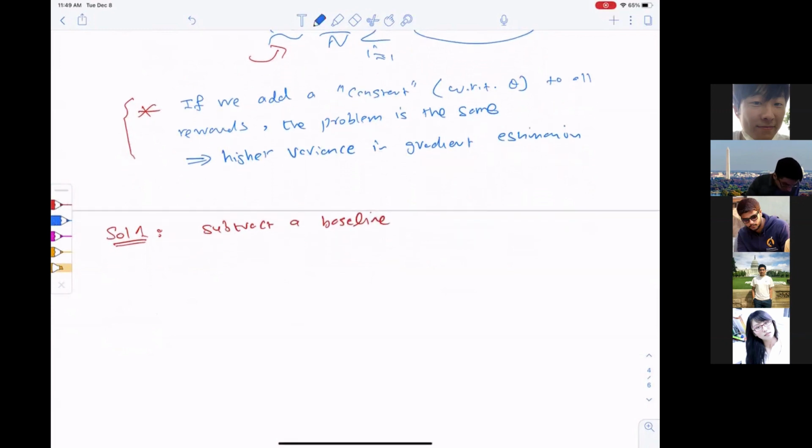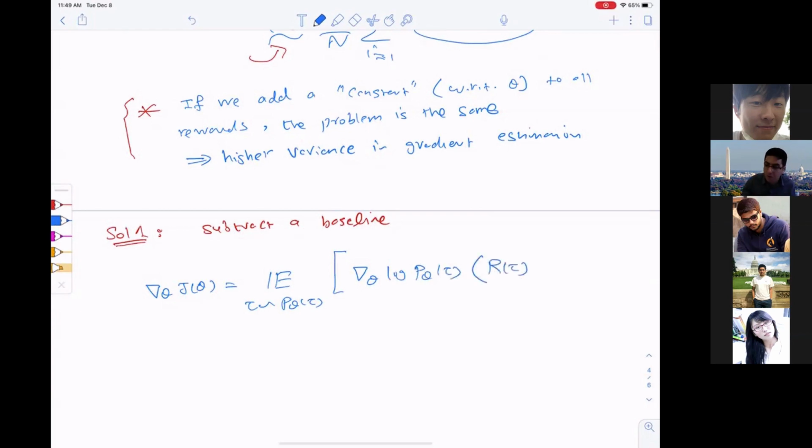And the idea is that now, if I rewrite the gradient of my objective function, again, it's an expectation over taus that I generate using our model of the gradient of the log probabilities. Can I, instead of the reward, subtract a constant with respect to theta? This constant may depend on the states, I don't care, but it is a constant with respect to theta. Can I subtract it from the rewards? And in fact, the answer is yes.